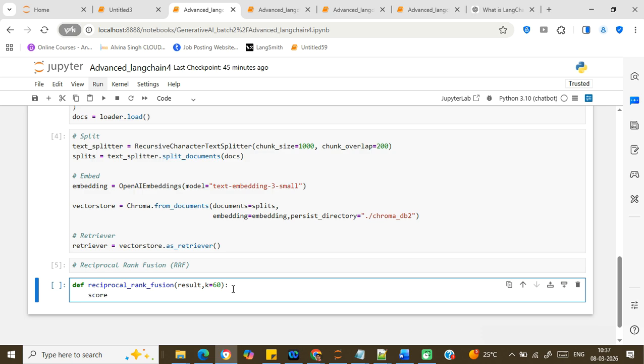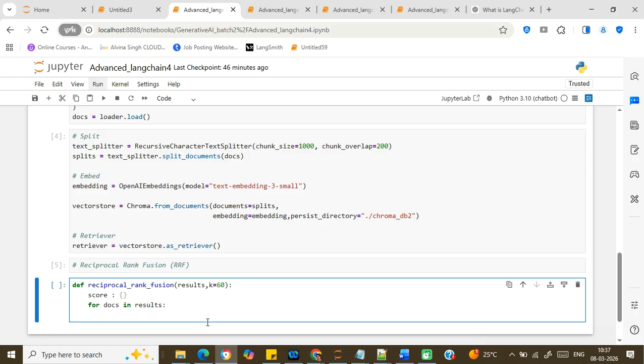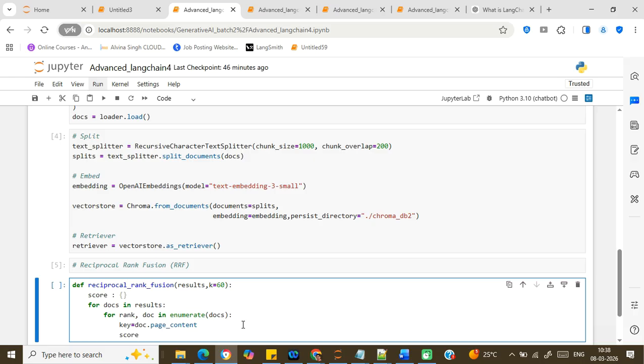And I can have scores. Then for docs in results, for rank, doc in enumerate docs, and I will pass these particular docs over here. Key equal to doc dot, score equal to